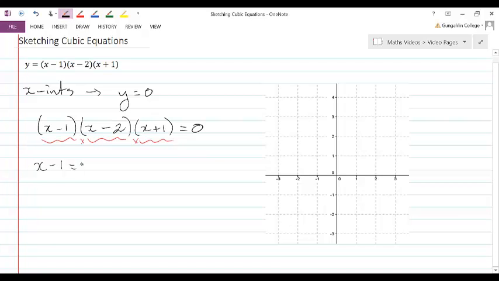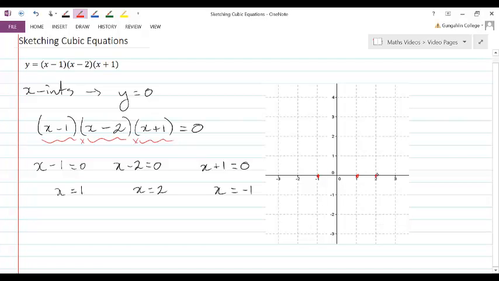x minus 1 equal to 0. Now, for that to be 0, x would have to be 1. Or we could have x minus 2 equal to 0. For that to happen, x would be equal to 2. Or we could have x plus 1 equal to 0, in which case x would be minus 1. So in order to have x-intercepts, one of these conditions must be true. They're the three situations where the equation can equal 0. So these are, in fact, our three